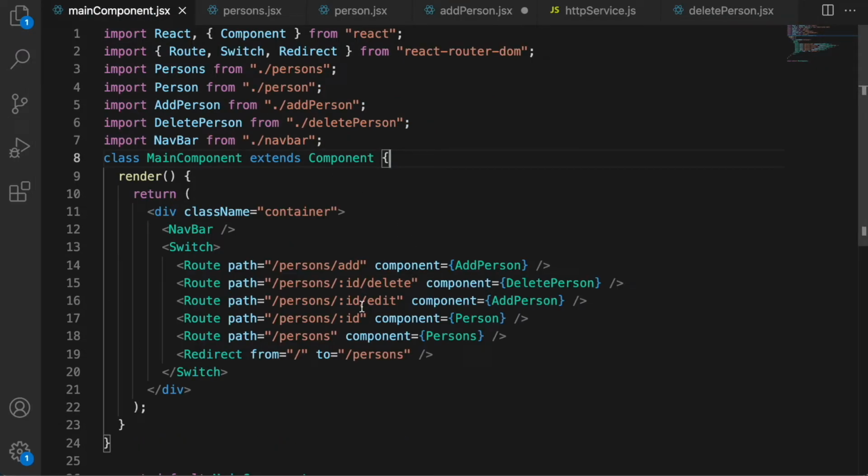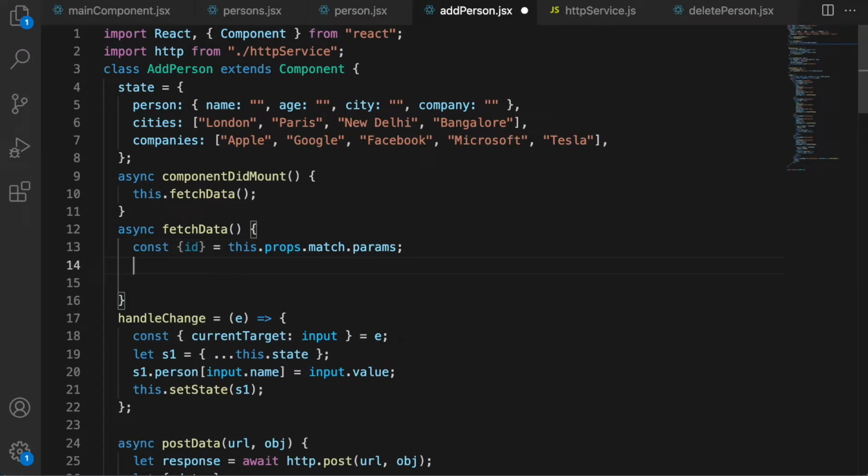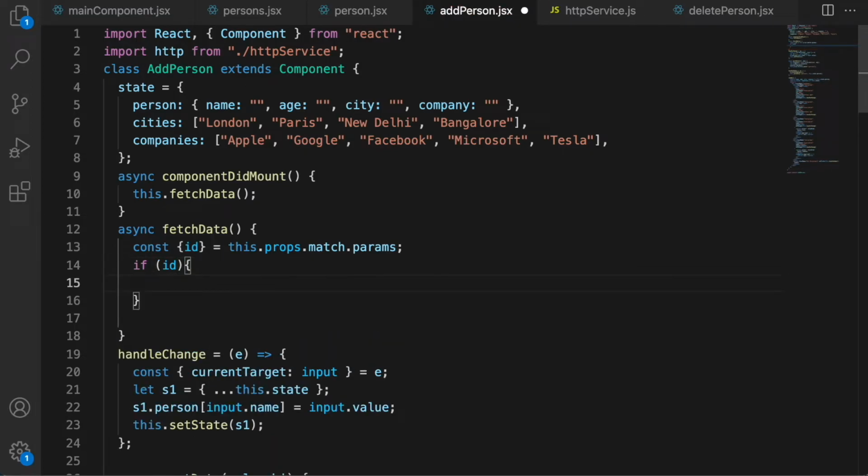Once we have gotten our ID, there can be now two cases. Either we have called add person in this format or we have called here. If we have called it from here, we will not get an ID. If we have called it from here, we will get an ID. So if ID does not exist, then what should we get? We can do a check if ID. So if ID is truthy, that means we want to edit it. We are in the edit option and we need to get the data.